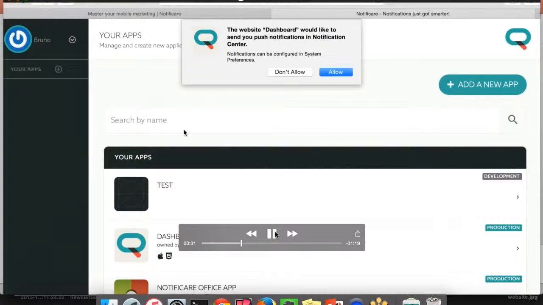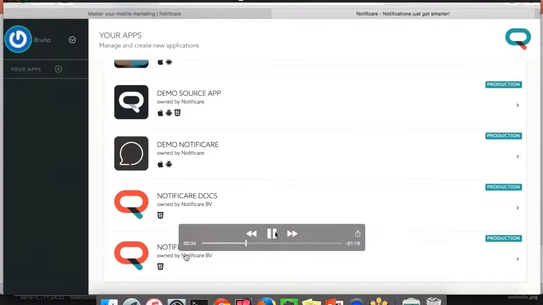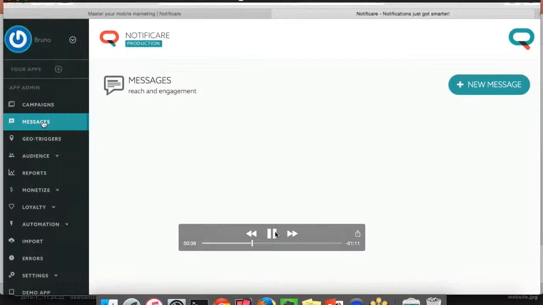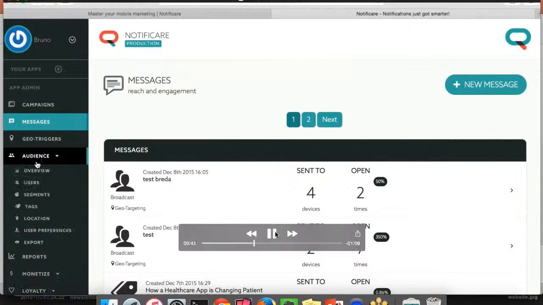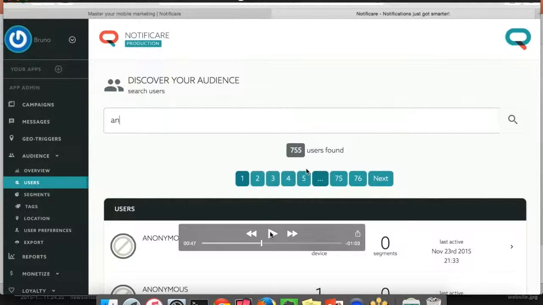I'm switching back to the Notificare dashboard here, where I'm going to go in to the app that we have for our website. I'm going to go right into audience and users, where I can find my user, which I just opted in for. I'm going to pause for a second just to explain that,